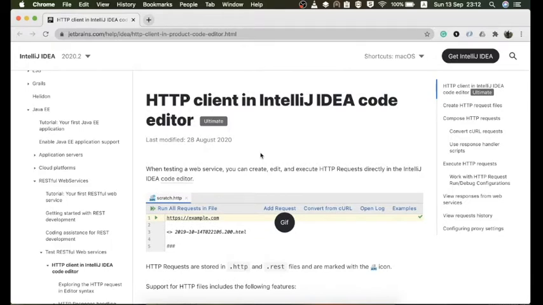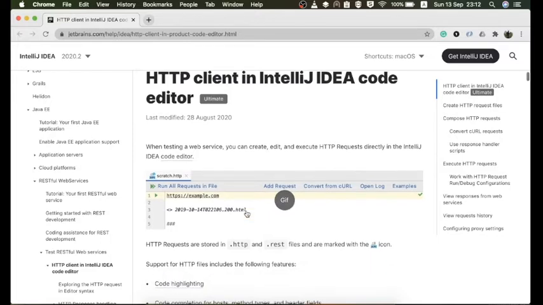So it's a simple plugin which can be used to hit HTTP requests. It can be very useful while you are developing some APIs, and meanwhile you want to test them. There are other options you can use, like browsers, the curl command in terminal, and Postman, but this plugin is a little bit more convenient to use because it's integrated in your IDE, and there are other benefits.